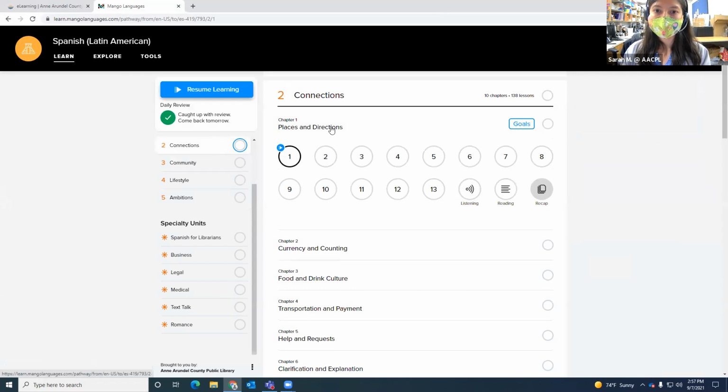And it's going to bring me to my learning dashboard where I can see all the different units and the course content. When I go into a course,